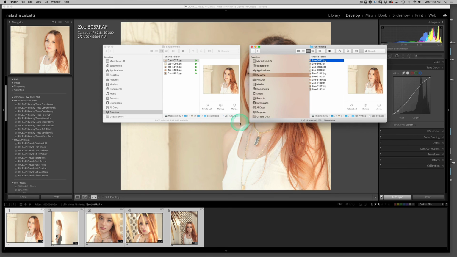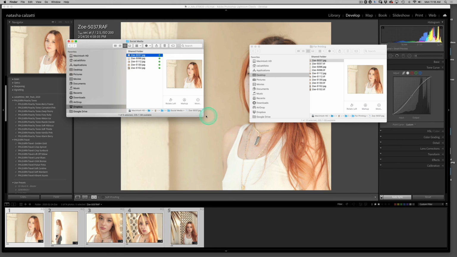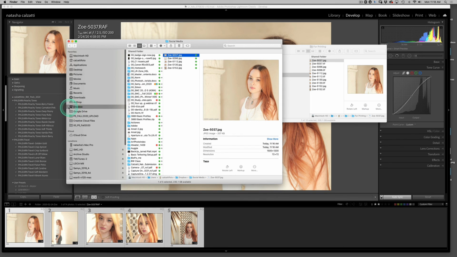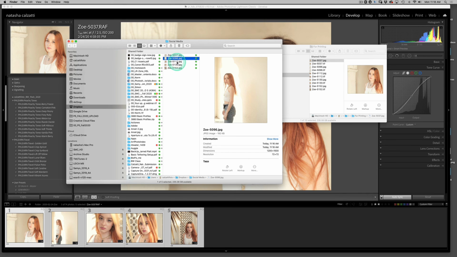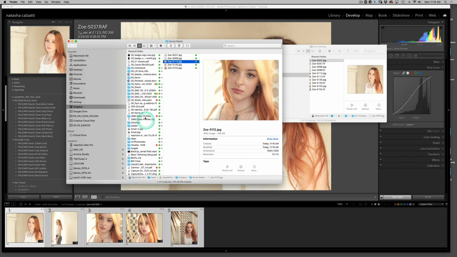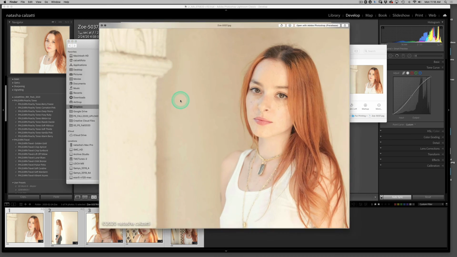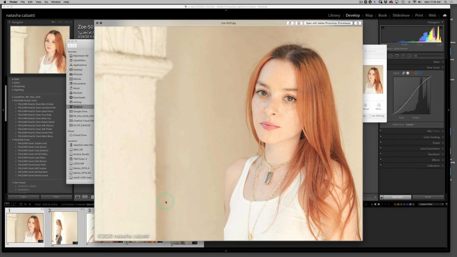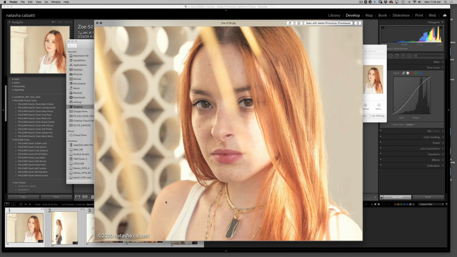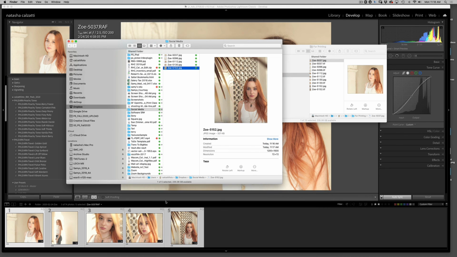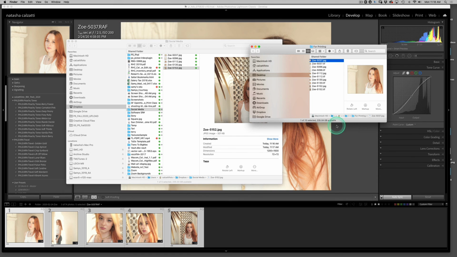And as you can see, it opened up 2 locations. Here is my Dropbox, and here are the images for my social media. So this is my Dropbox, and inside here I have a folder called social media. There it is, social media. And here are the images with the watermark. Notice there's the watermark. And there are the images, and the other folder is